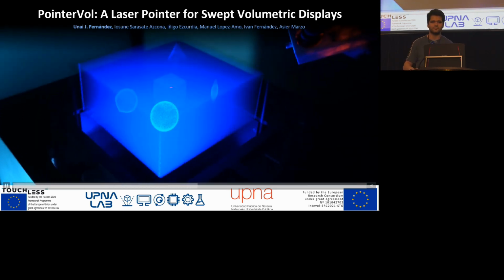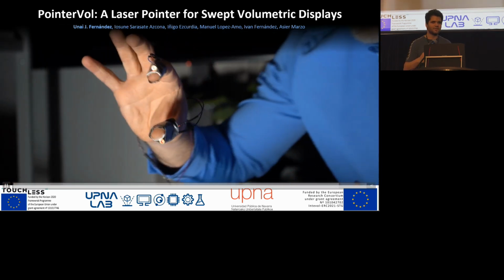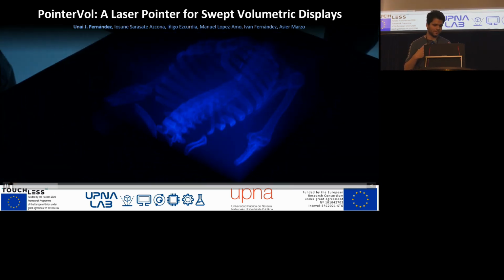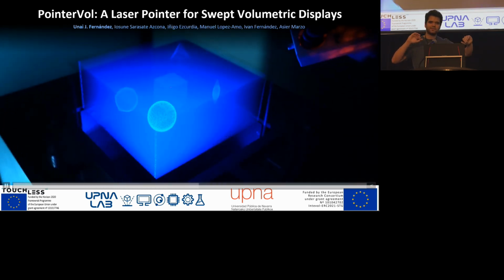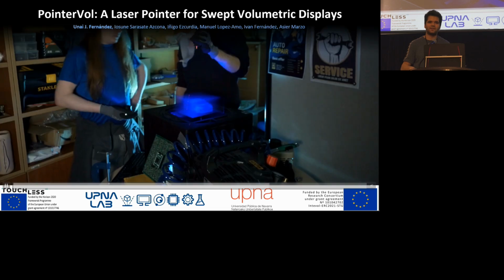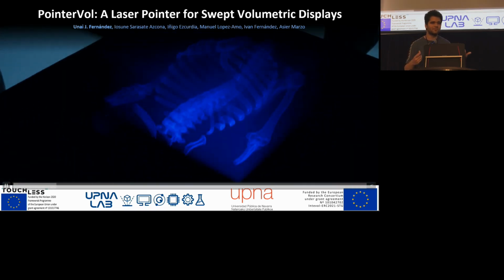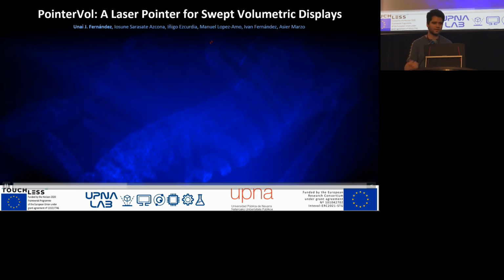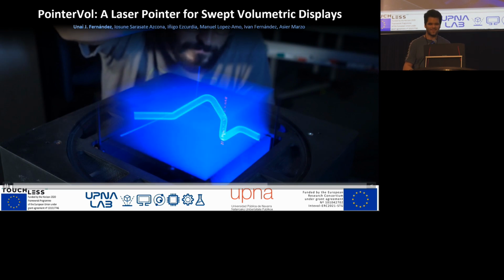And using a simple camera or something like that to pick up the dot? We thought about it, but we thought that the biggest strength of the project would be to have something completely separate from the volumetric display. So we finally discarded any sensing method that would require modifying either the volumetric display or the space where the volumetric display is placed. Okay, thank you.